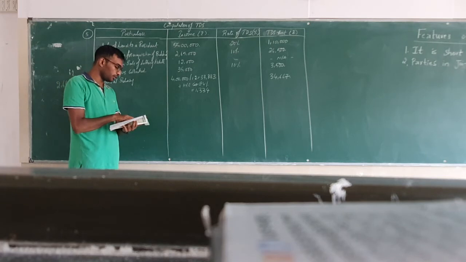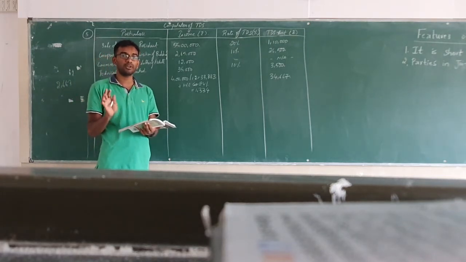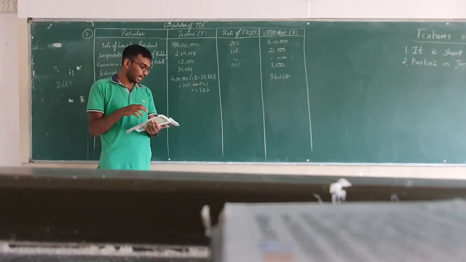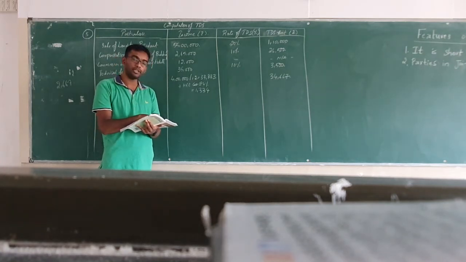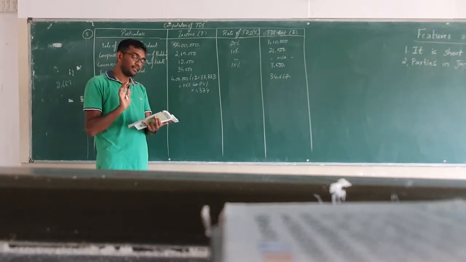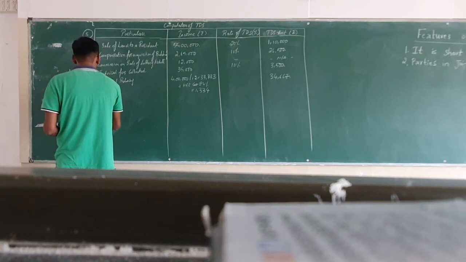Now what is the next item they have given in the question? They have given winnings from lottery rupees 40,000. So the winnings from lottery will come under casual income. So under casual incomes again, the amount received should be more than 10,000 and the rate of TDS applicable will be 30%. So here they have given winnings from lottery is 40,000. So since it is more than 10,000, again TDS is applicable at the rate of 30%. So write down under particulars column as winnings from lottery.